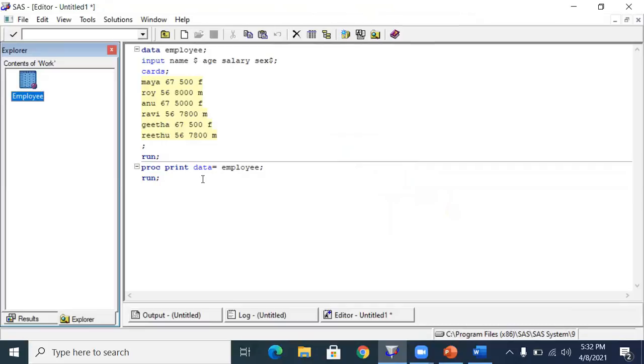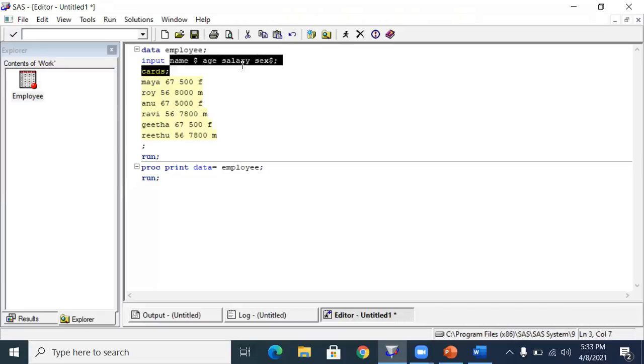Okay, I need to do some analysis with this data set. Before that, I need to teach you all the options and statements. This is my parent data set right now. What I need to do is generate a sub data set, because you don't need the entire observations and entire variables to do the analysis.